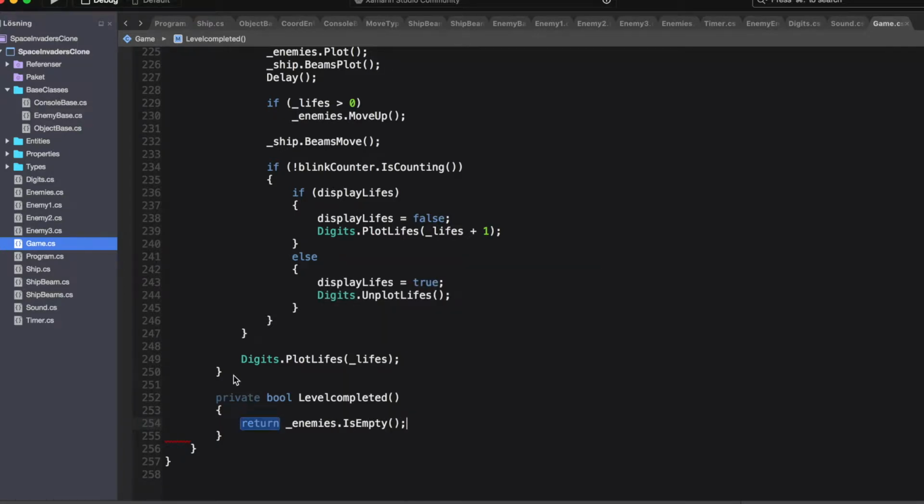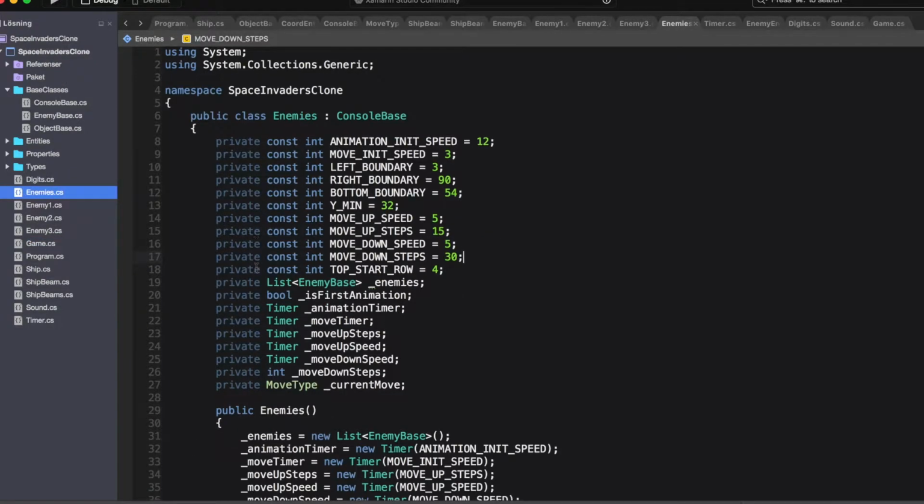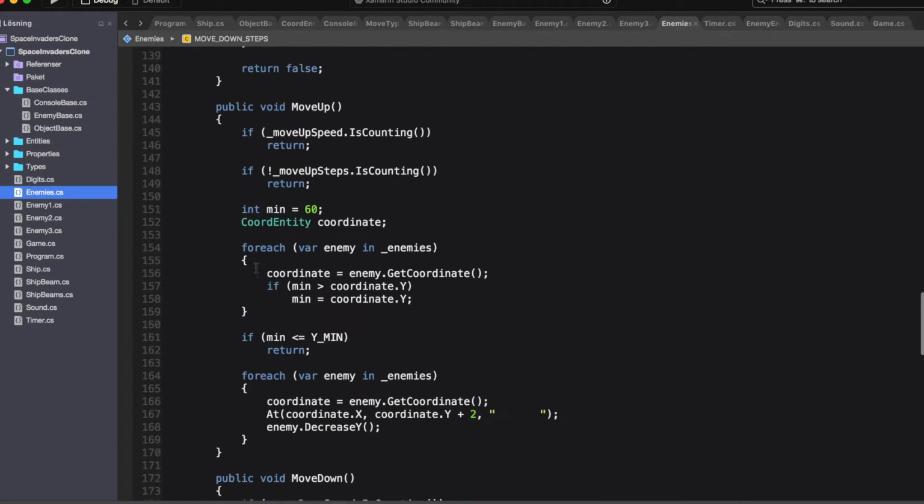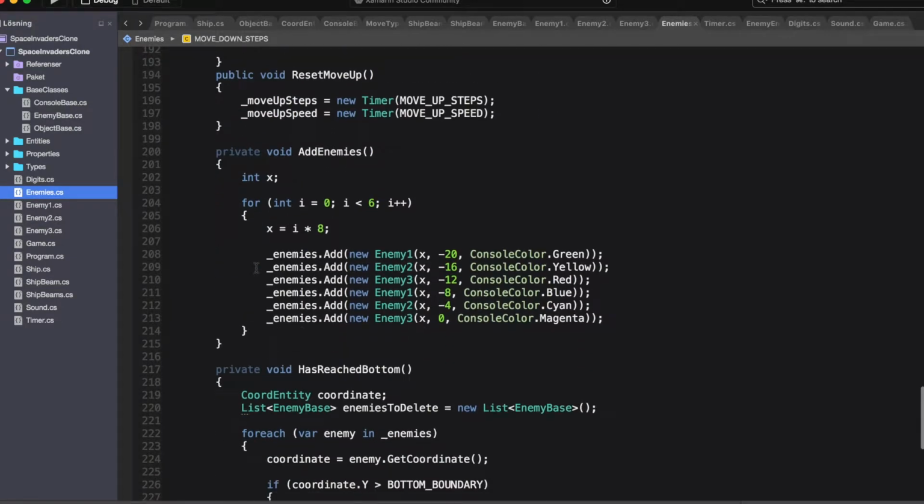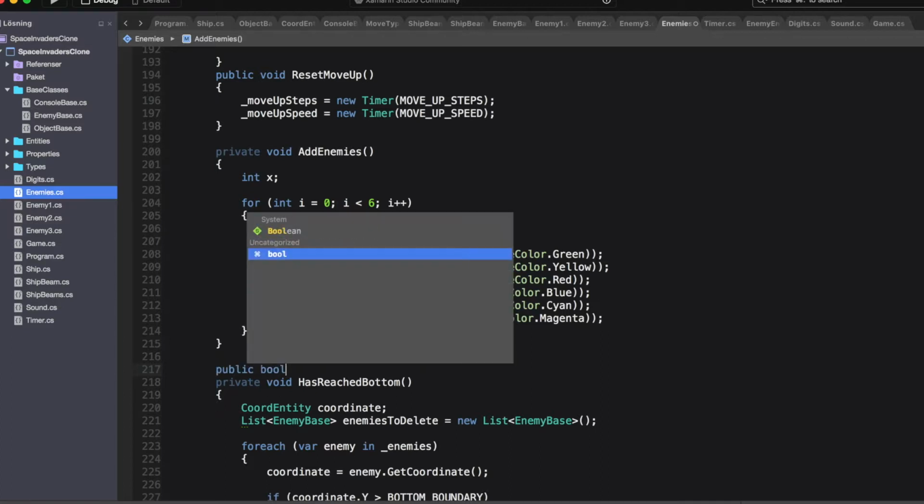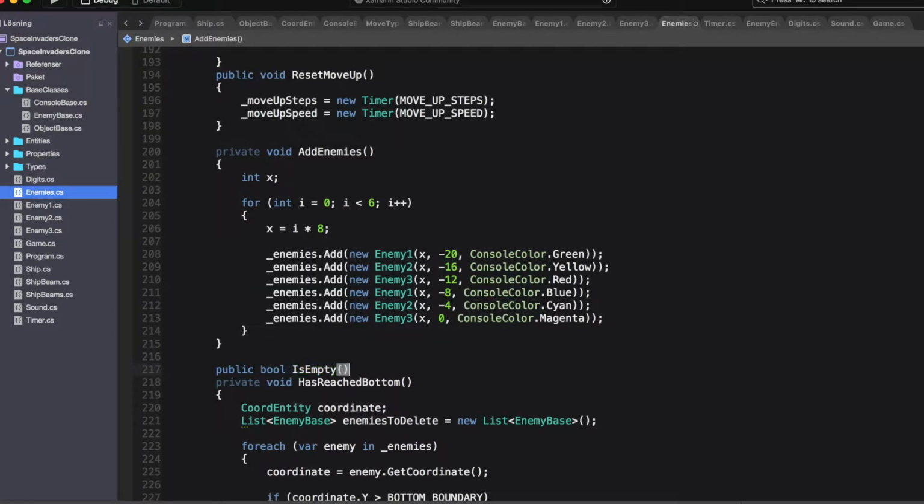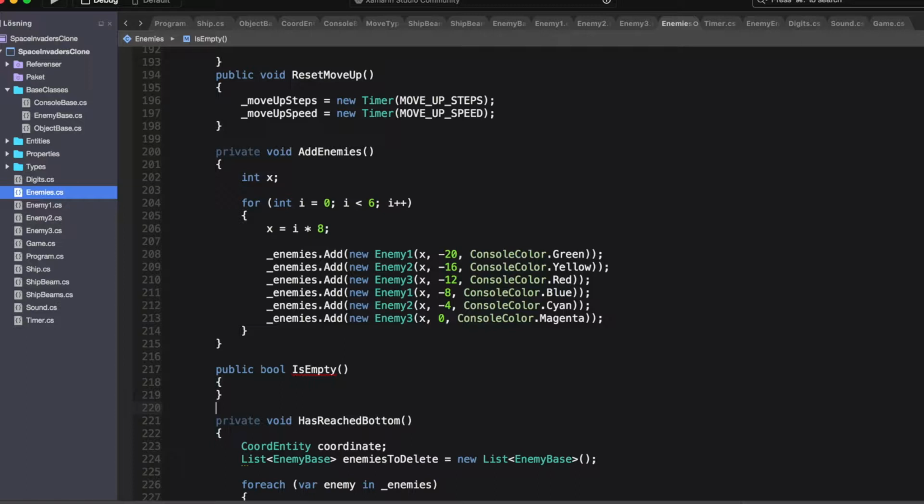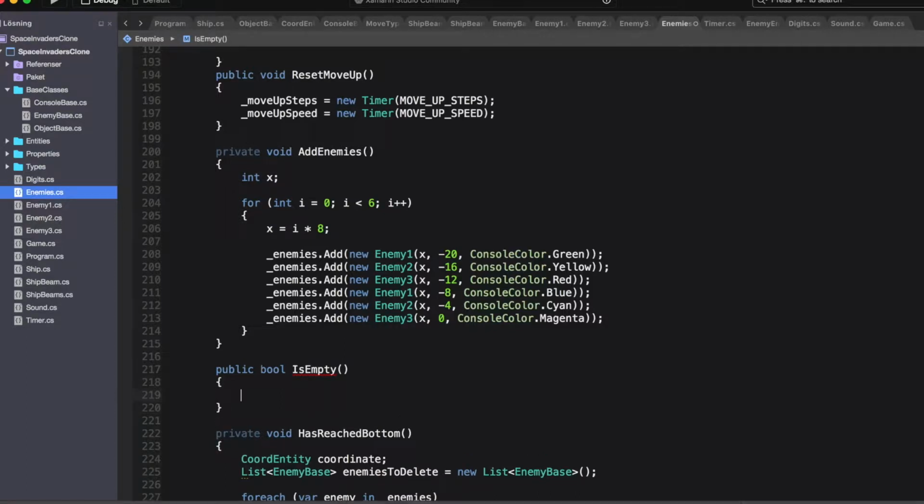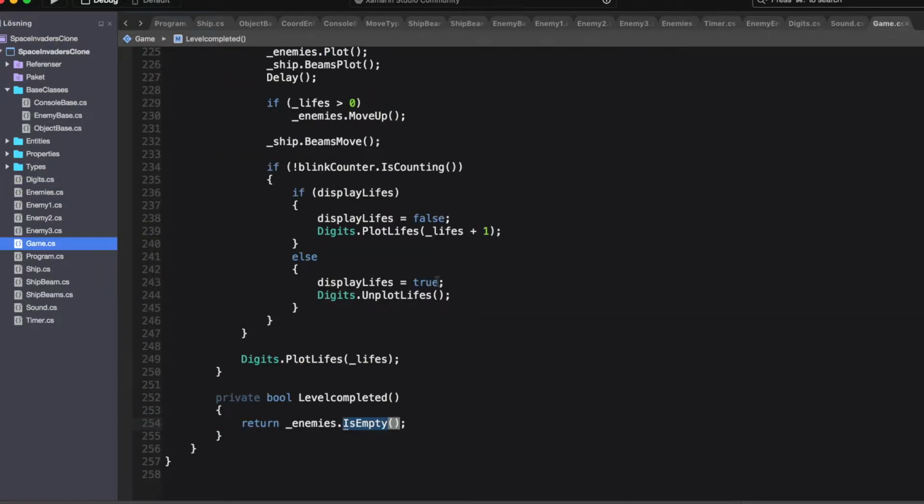Let's go to the enemy class and write the isEmpty function. All right. Public bool isEmpty. And the only thing that this function does is that it just checks if the number of enemies are equal to 0. Return enemies.Count equals 0. All right, that's it. Back to the game class